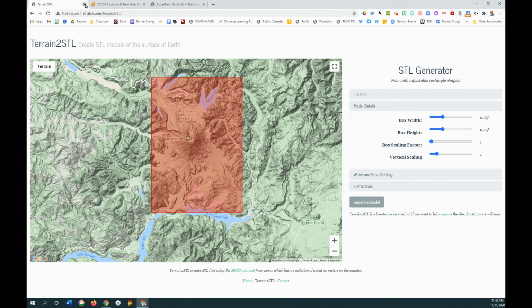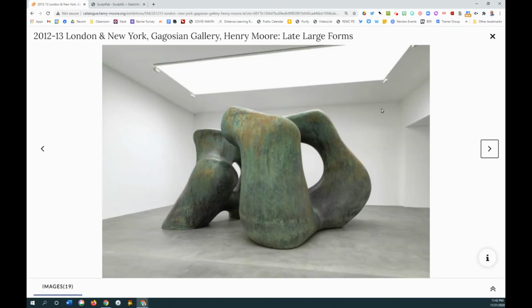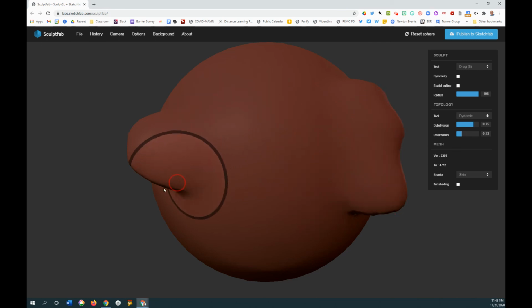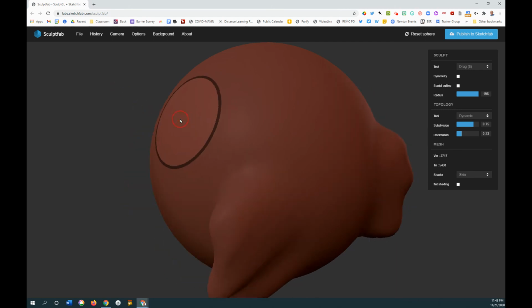Then we're going to wrap up by learning about SculptFab. There's an artist named Henry Moore, and he would do sculptures like this. And there's a website that's called SculptFab, where you can change the color. You can now design almost like a piece of clay. I have my students design their faces, or they design something that looks more like a Henry Moore sculpture. Then you can rotate this around, and you can,